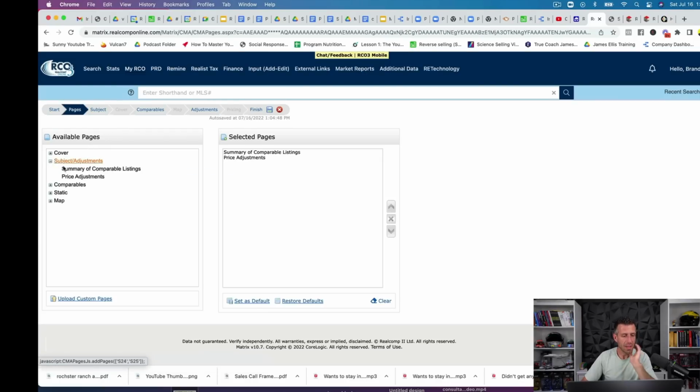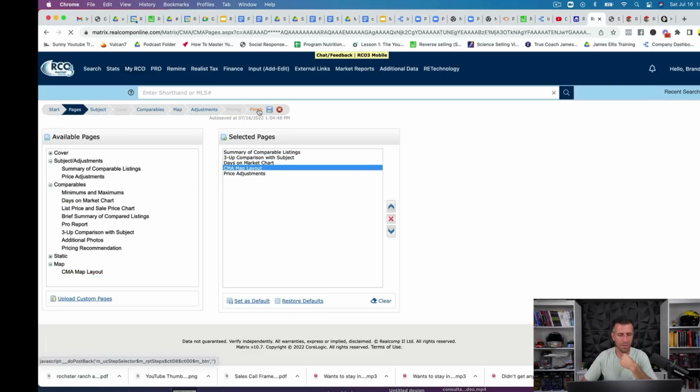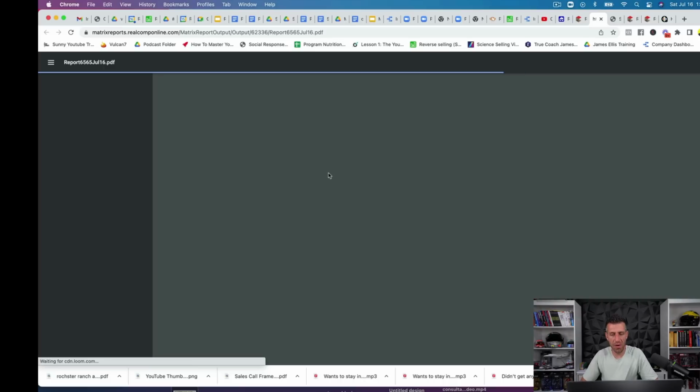So here are the pages that I like to do. So summary of comparables, and I like to do the 3-up comparison, days on market, and then I like to also put in the map, and I hit finish, view CMA. So I'm going to, let me just kind of look at a couple things when I generate this. I'll kind of walk you guys through how I finalize